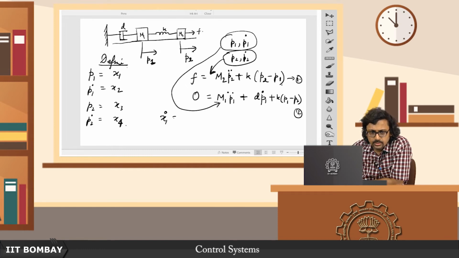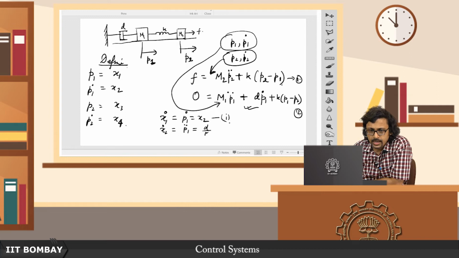Okay, so from this equation what do we have? X1 dot is equal to P1 dot is equal to x2, that is my first equation. What about x2 dot? X2 dot is equal to P1 double dot, and I wonder which equation is going to tell me what P1 double dot is. Of course it's the second equation. So that is basically going to be